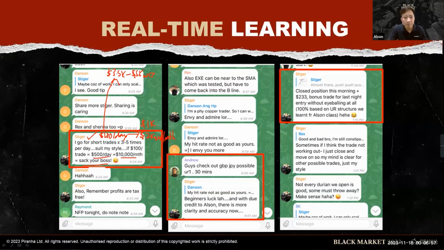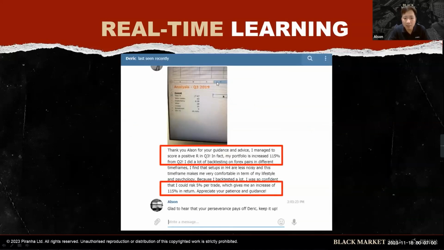And Derek, one of my students, is a Malaysian student. He's an engineer in Malaysia. Derek shared with me that he trades Forex, based on what I teach in class. In fact, he increased his portfolio by about 115% in one quarter. He started with the most basic minimum account size of 3.5K, and he turned it into 15.6K USD within one year. It's very impressive for a beginner.